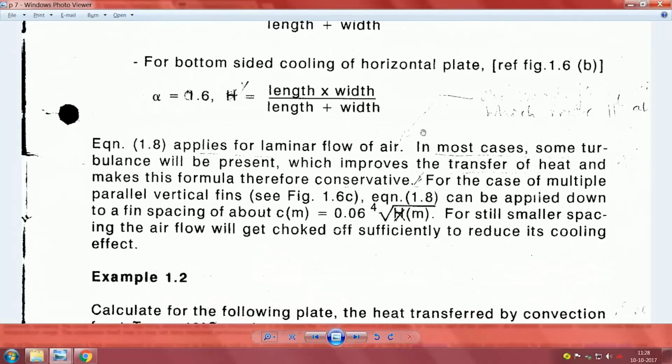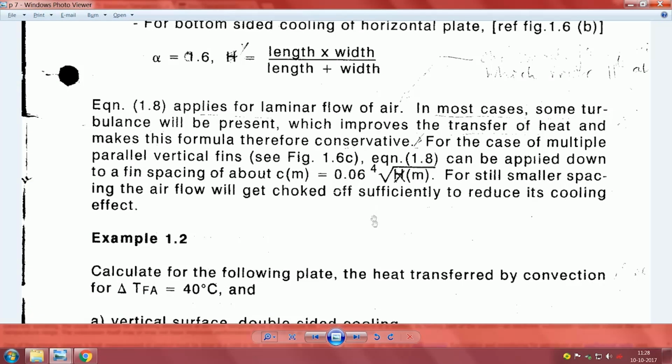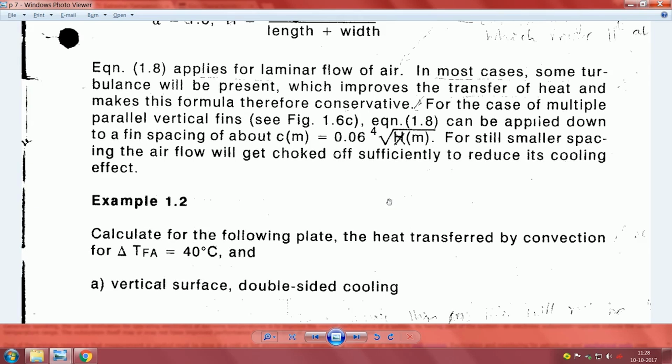In the end we have come to this interesting thing, saying in the case of multiple vertical fins, the equation can be applied to a fin spacing of about this much, depending on this alpha. For still smaller spacing, the airflow gets choked sufficiently to reduce the cooling effect. This is by example, by actually running things, meaning as I have given an example of a plate which is 150 mm by 150 mm, and they have kept very close